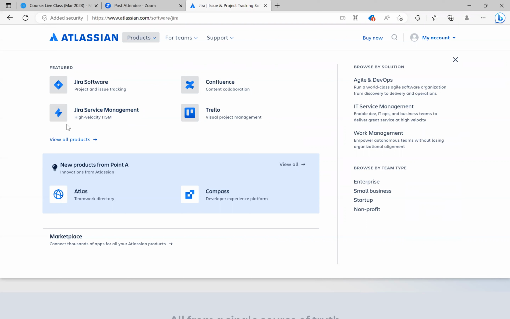So some people will say, oh, I've used Jira, I'm familiar with Jira, my company uses Jira. We manage tickets on Jira. But the Jira we are talking about in Agile is different, right? So we'll be talking about Jira software, which is used to develop IT products like software and hardware and data products, not Jira Service Management, which is used to keep track of customer requests or client requests and manage those